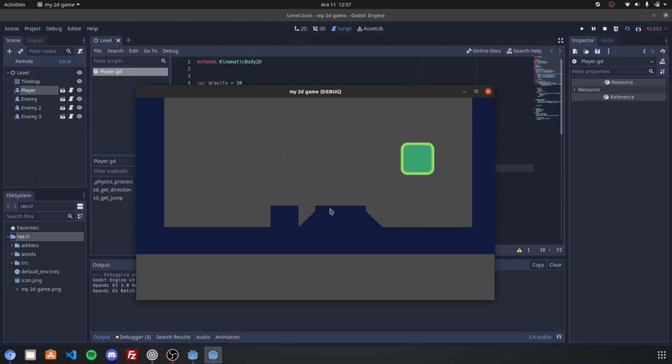Again, 1 jump, 2 jump, and other jumps are not working. Okay, this is a 2 jump or double jump, but in some cases, for example when going down,